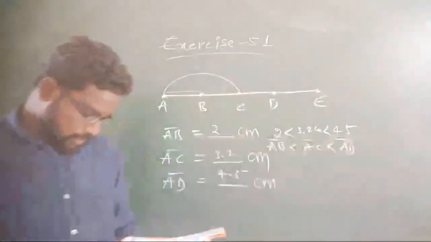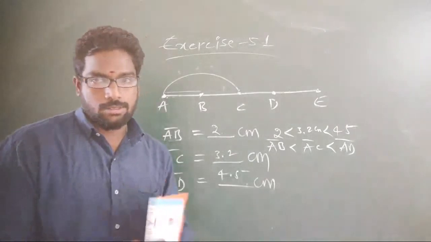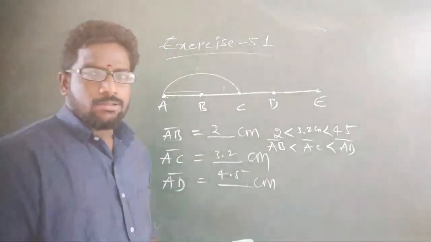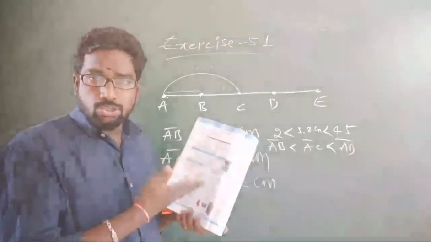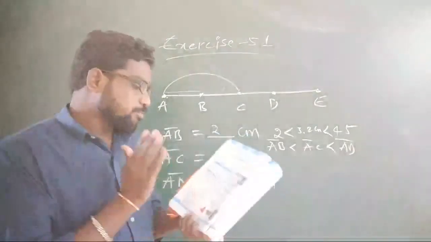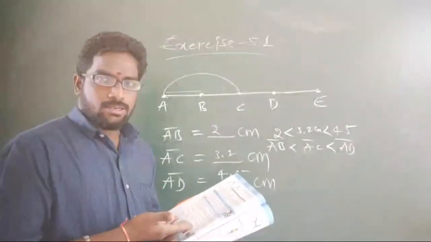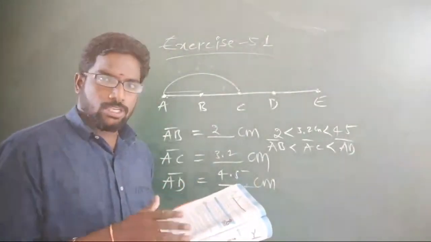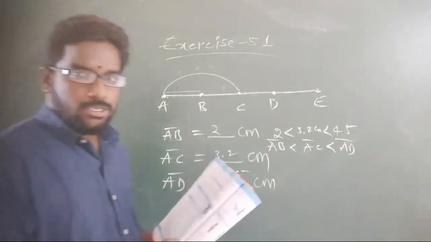Next, the fourth question is your homework. Fourth question and fifth question are your homework. Simple questions they are. Just understand the question. Try to read the question 2 and 3 times. Simple questions. You will already get the answer after reading 1 time and 2 times only. You will get the answer easily. Just try to read this question and understand.